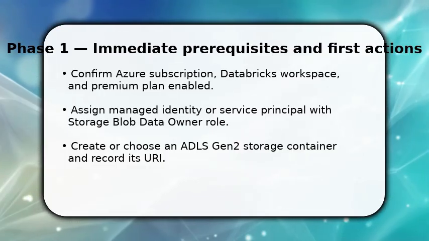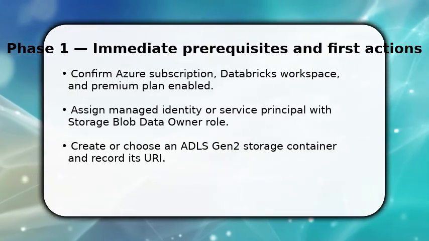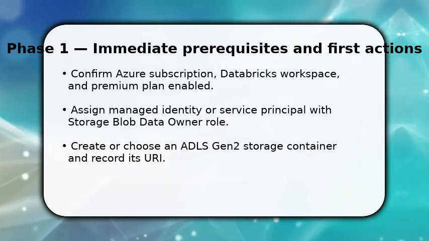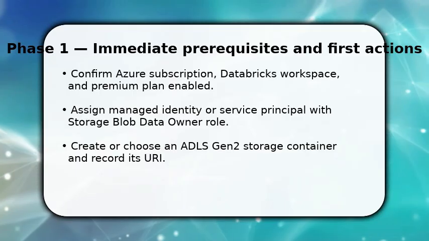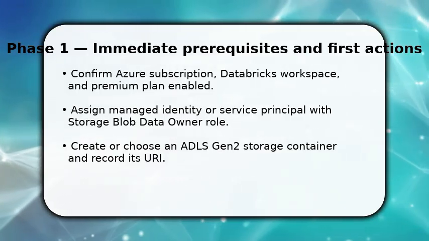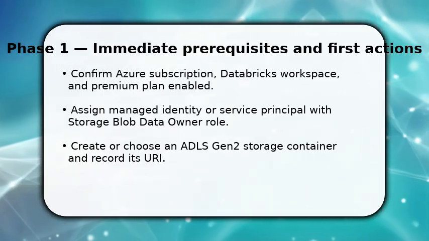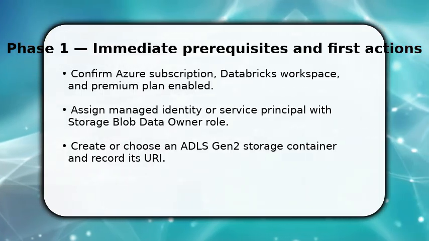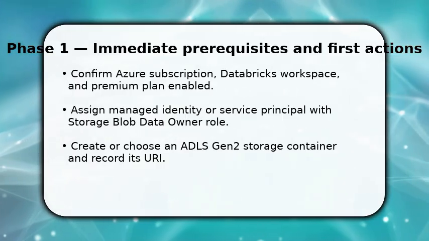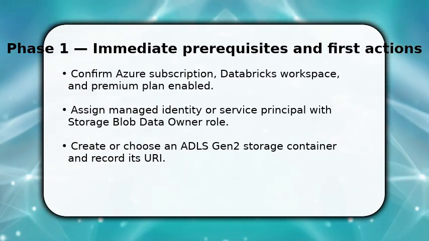You start by validating prerequisites: Azure subscription, Databricks Workspace on Premium, and Azure AD tenant alignment. Next, register or pick a service principal or managed identity for Unity Catalog access. Give it Storage Blob Data Owner on the ADLS Gen2 container. Then create or confirm a Metastore resource in the workspace. This links to your storage URI. Once done, note the storage account, container URI, and credential object ID, so you can reference them in the following